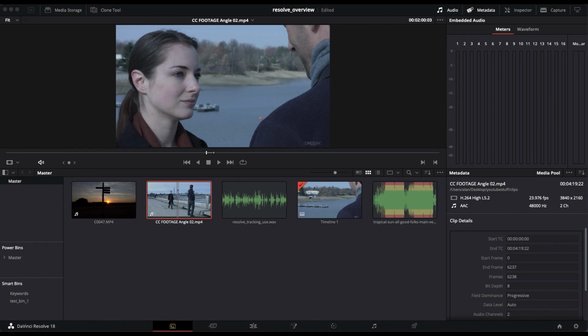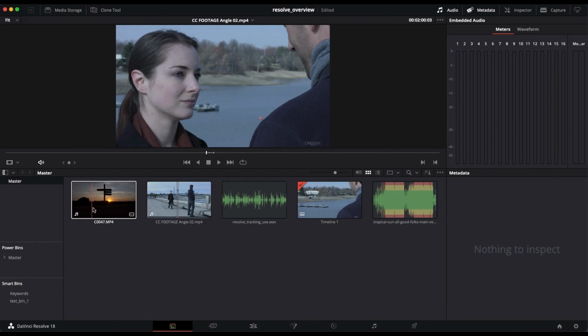So the first one is all about media. This is where you import your footage, your audio, images, graphics, and GIFs and stuff. So this is where you accumulate all of your media. And if we hover the mouse over the top of them and move around, we can see that the clips go through. Not audio. And if we click on one of these clips,